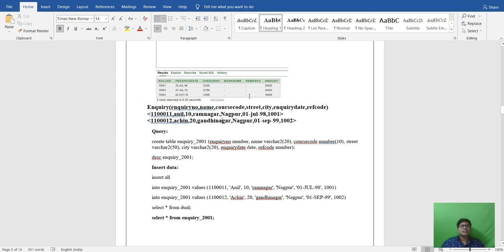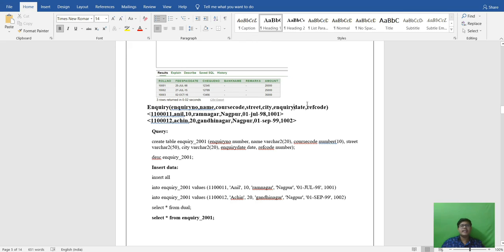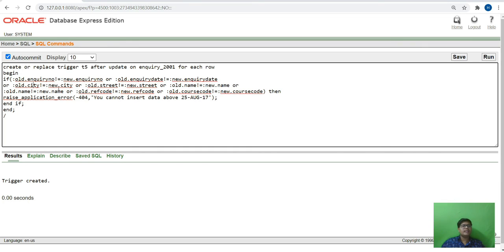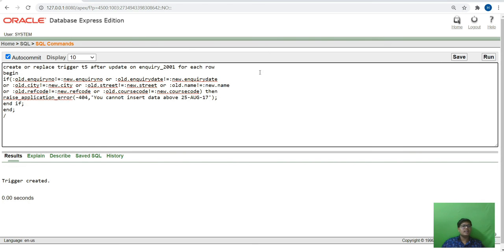Name, enquiry date is there. City is there. Street is there. Already we overrode this. Name is there. Ref code is there and course code is there. So when we run this, the trigger is created now.